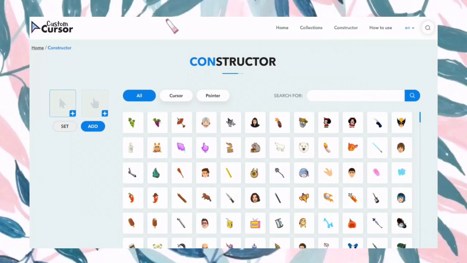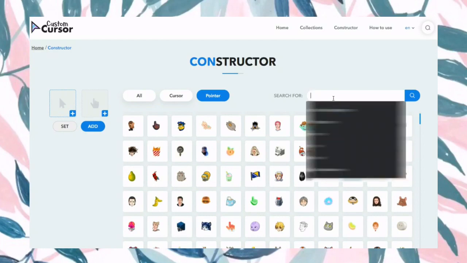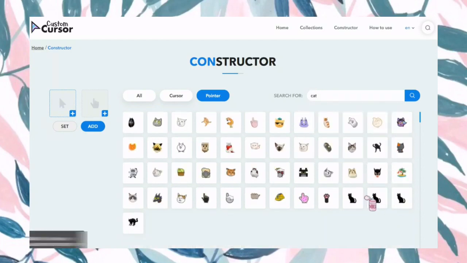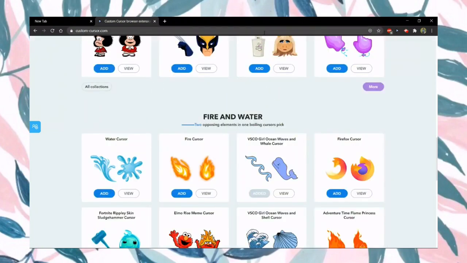You can also create your own cursors in the constructor section and use the existing cursor or upload your own. The only problem with this extension is that the custom cursors do not work in the address bar and the space above that.